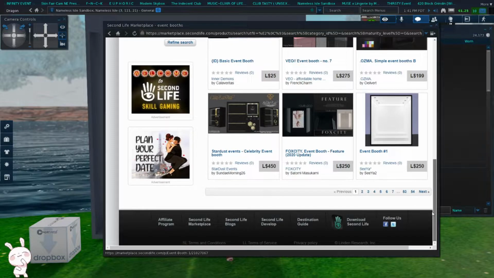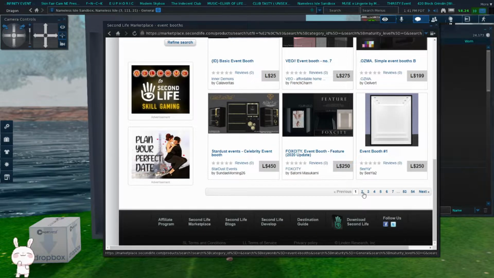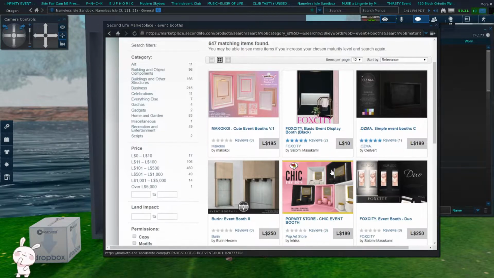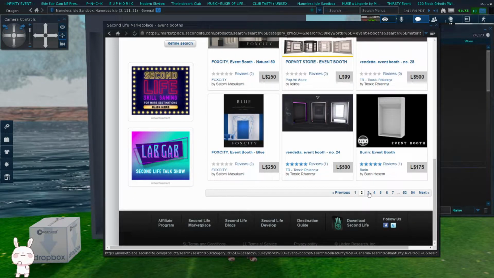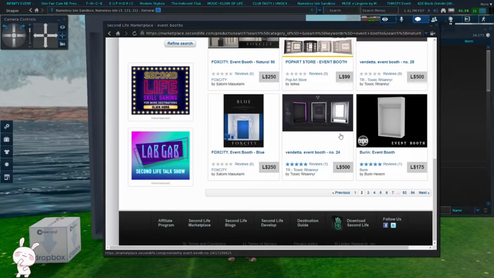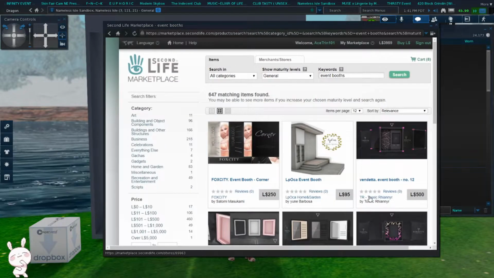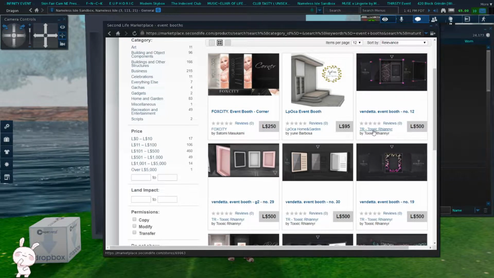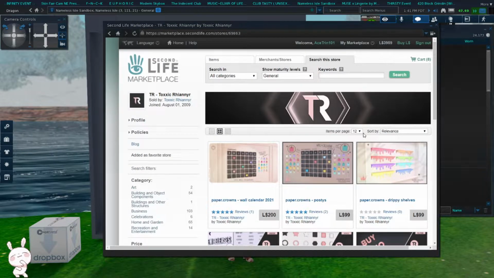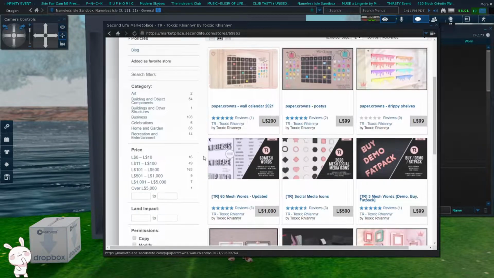They got pretty ones, they got basic ones, ones with shelves on it, a whole bunch of different options. That is pretty cool. And then another thing that you guys might want to look at is getting different types of words and icons to put on